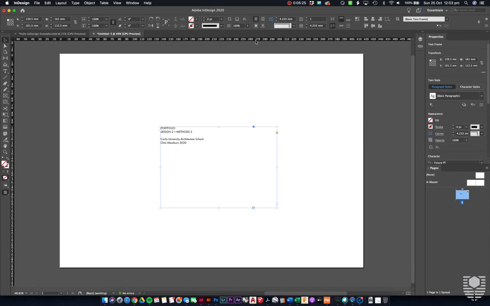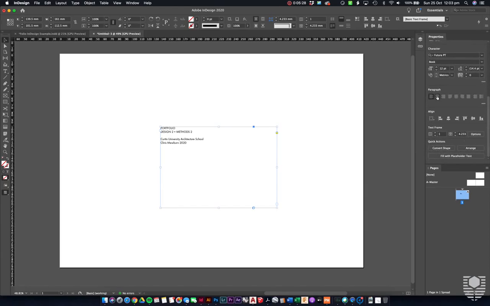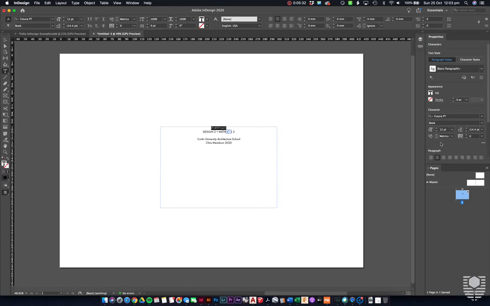Alright, so now I want to center that. So I come over here, center it. I want to make the portfolio bigger, so just change the size to 21 for that. I want to make this smaller, that's going to go down to 9 point, which is my small text. And then because we're using a font family, which we'll see here, I'm in Futura Book, I can go all